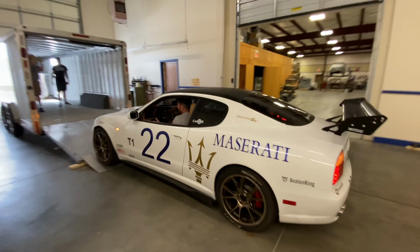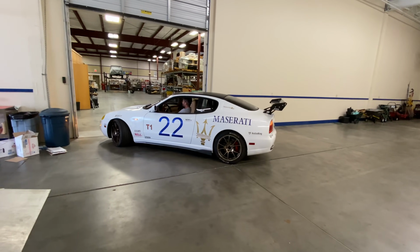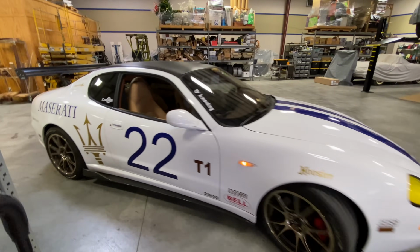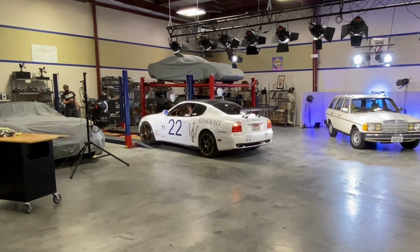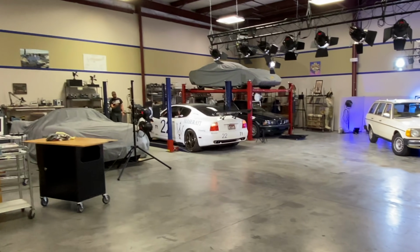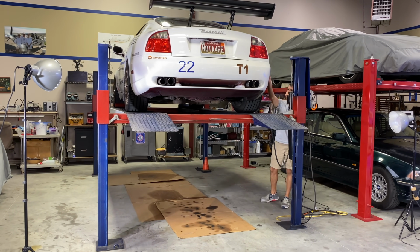All right. Oh, this feels so bad to move it in third. Oh, it feels so wrong, especially on this newish clutch. All right, for those of you not busy reporting me to the authorities for clutch abuse, the Maserati is now